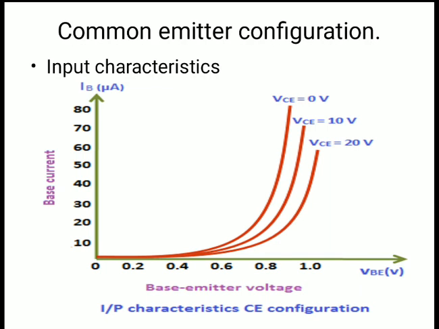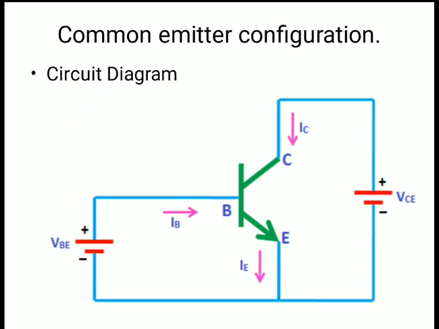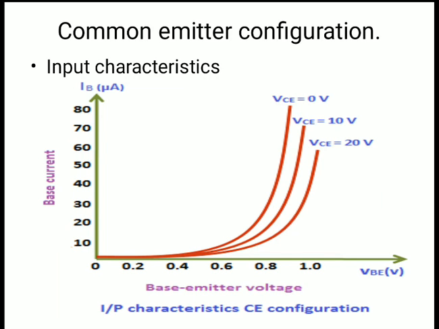So you can see the characteristic. Again we will do the same thing. We will take a constant voltage VC and see the relation between VB and IB. That means we will change VB and take different readings of IB, so we get the relation between VB and IB. Since it is nothing but a PN junction, we will get a reading like a PN junction. I hope you remember the knee voltage or cutoff voltage.